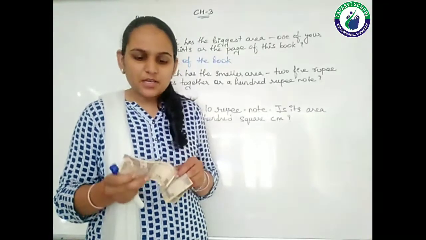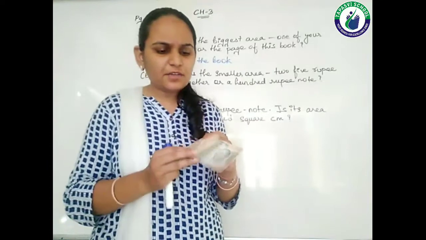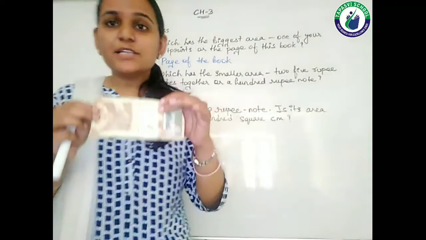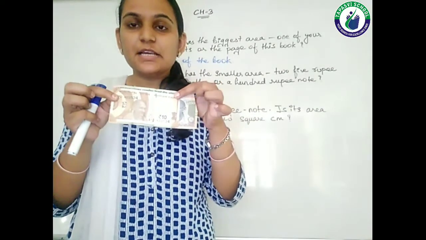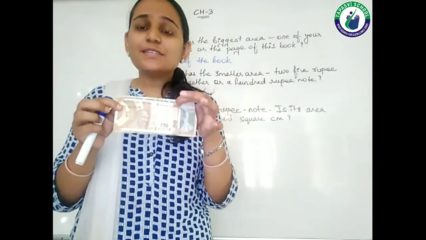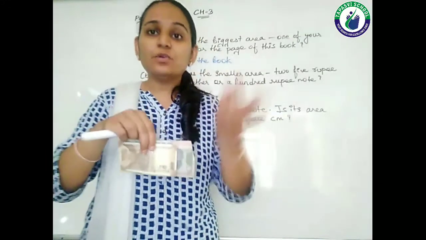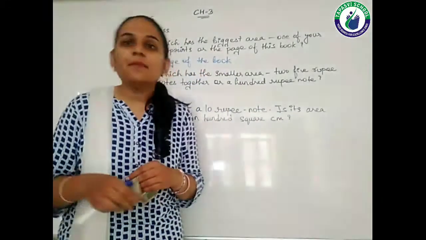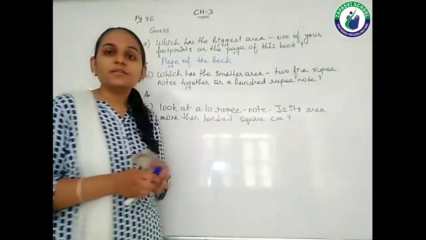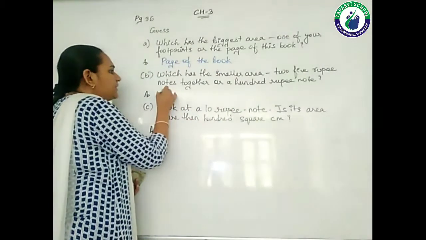You can analyze, students. इससे थोड़ा सा छोटा होगा 5 rupee note, right? Now just to see if I am putting here, right? So this much is the space it occupies, this 10 rupee note. This much is the space. So अगर आप 5 rupee note लगेंगे तो थोड़ा सा छोटा होगा 10 rupee note से, right? तो ऐसे आप दो रखेंगे, तो अगर आप ऐसे दो रखेंगे तो what will happen? The 5 rupee notes will be having more area as compared to the 100 rupee note. So here you have to write the answer which one is having the smaller area, that is 100 rupee note.